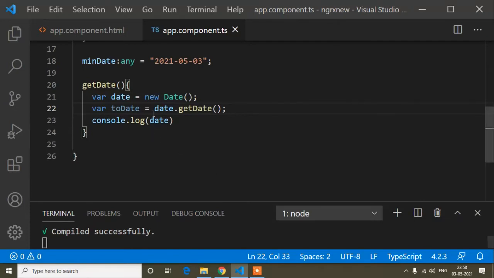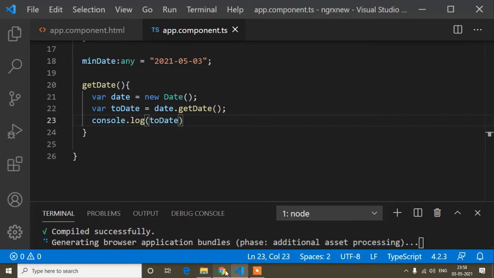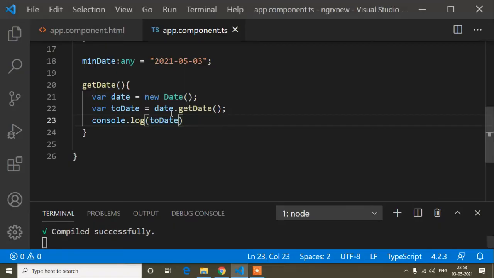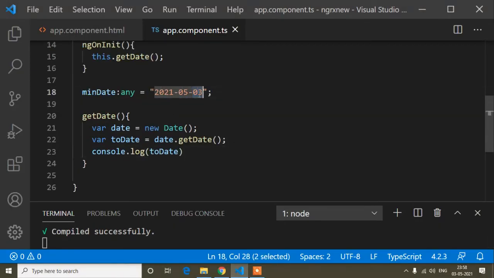Now if I print this today's date, let's see what I will get. You can see I'm getting 3, but guys, here you can see the format: it takes 4 digits first, after that 2 digits, and again 2 digits. I mean month and date take 2 digits, because the month is 5 now, but sometimes it will be 10. It may be October, November, December, so that time it may be 10 or 11, so the month is 2 digits.